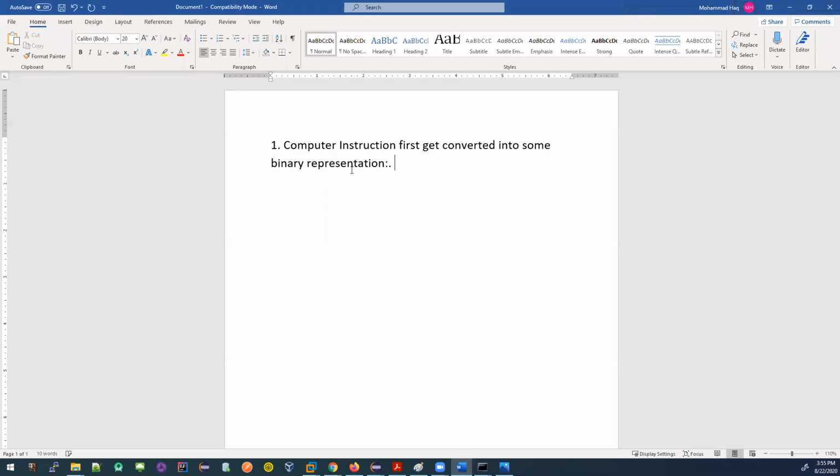For example, maybe 0 1 0 1, anything. It could be 0 1. There could be millions of zeros and ones, right?